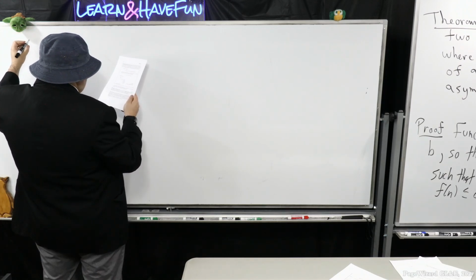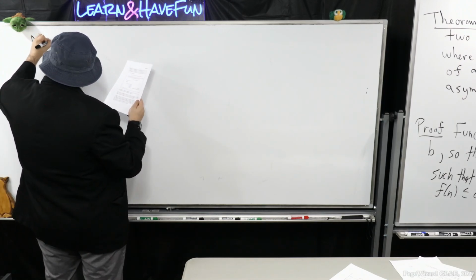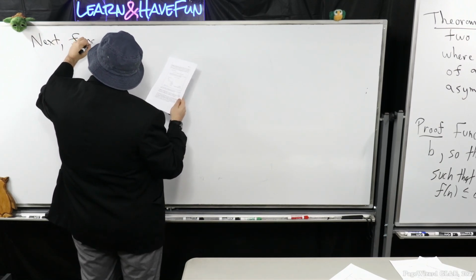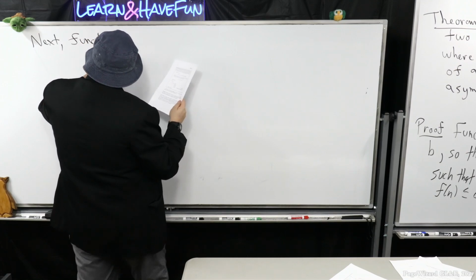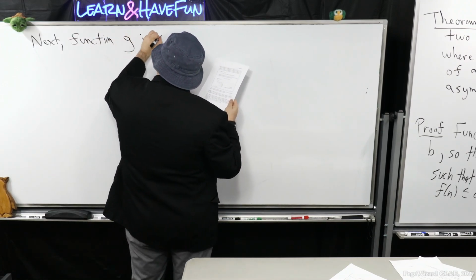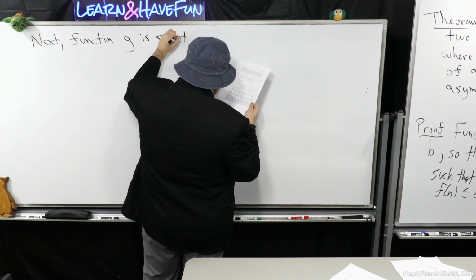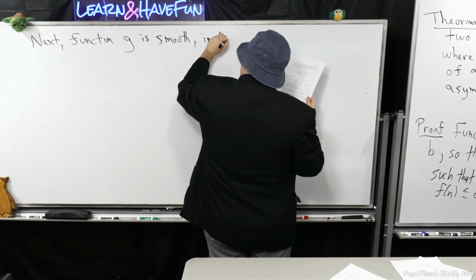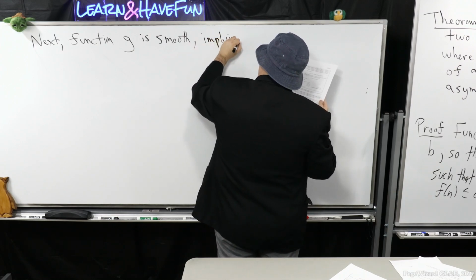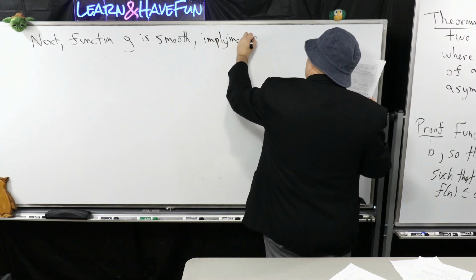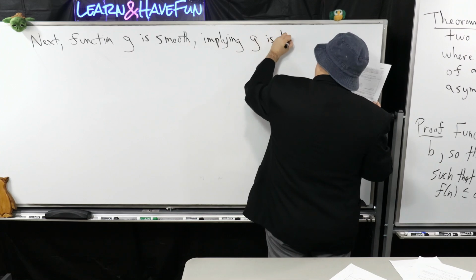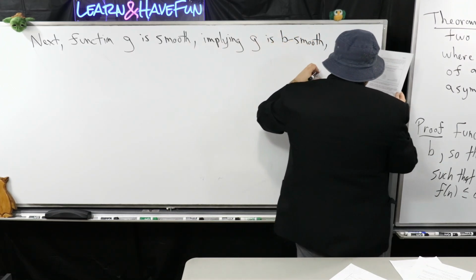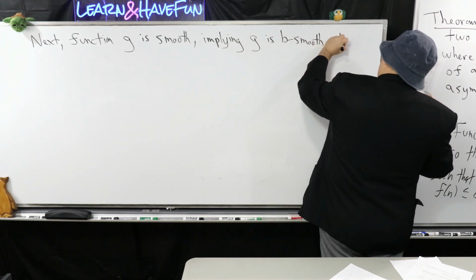So next, function g is smooth, right? So we have two properties we can use. Function g is smooth. But remember, we already proved that it's b-smooth, right? Implying g is b-smooth. Remember, we proved this. Where